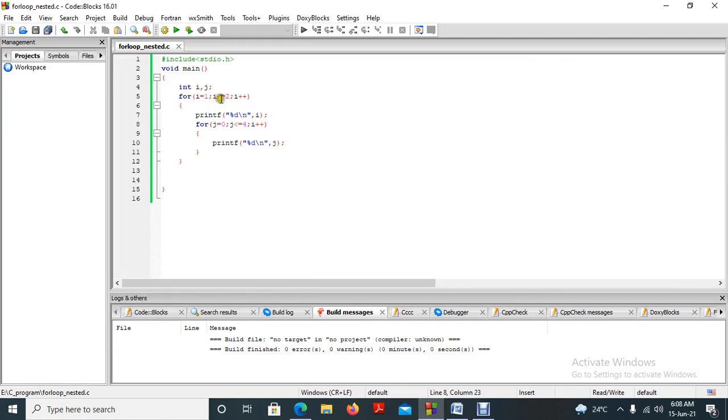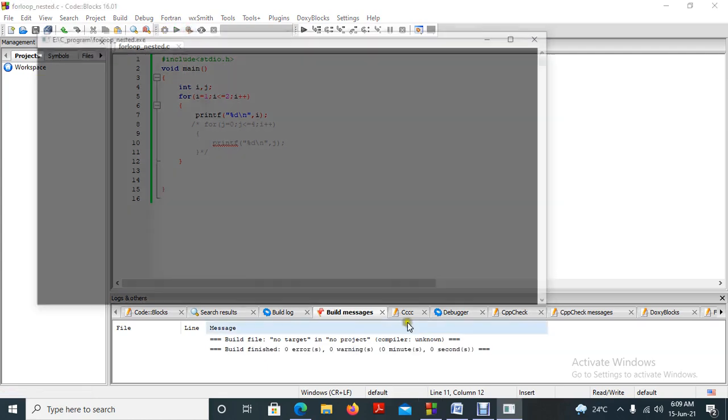I equal to 1, I less than or equal to 2, condition true. It comes and prints the I. That is okay, not a problem. That we already finalized. Just verify whether my program has an error and in which loop. I commented out this for loop. I just want to verify whether the initial for loop is working perfectly. So I am running the program.